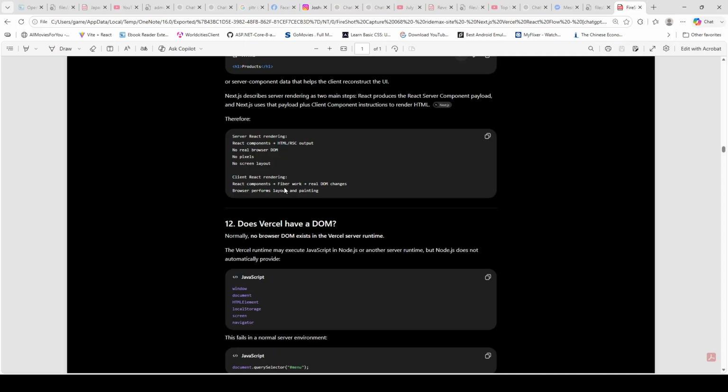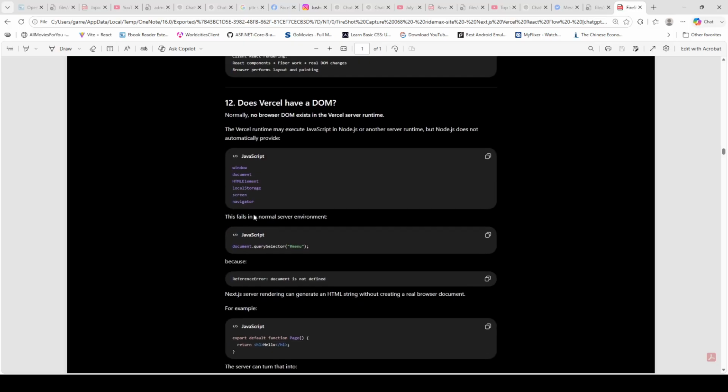So the React server component needs to contact the client component first, and then once it's bundled in the front end, it also goes through a kind of middleware, the Fiber work, that modifies the changes needed before it does the DOM changes. Then the browser performs layout and painting. This avoids recalculating the paint if it is already in the front end.